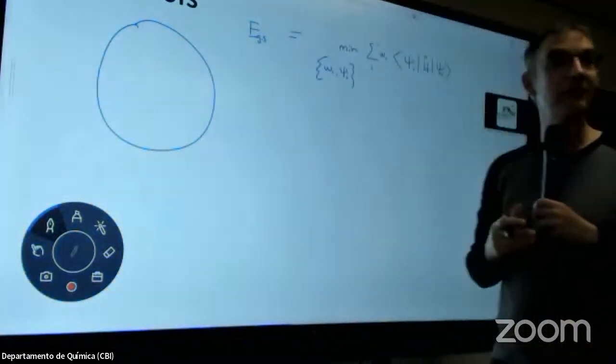That's the ground state, right? By definition, I minimize over the whole ensemble. That gives me the ground state, right? Now,